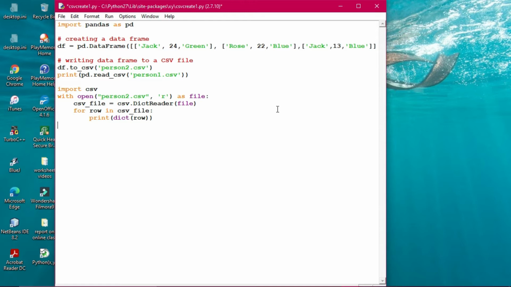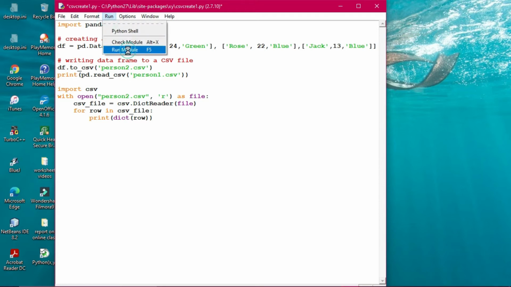So the thing is that you will get the essence of creation of CSV file in these programs, which I am going to demonstrate further. All right. Now the thing is that here with read CSV, you are reading the data from person2.csv. Okay, df2 is actually defined under the pandas package. All right. And you are reading the CSV from here. Okay. So once you have completed your reading from there, then you are printing it over here. All right. That is the thing. So this is identical with our previous program, right?